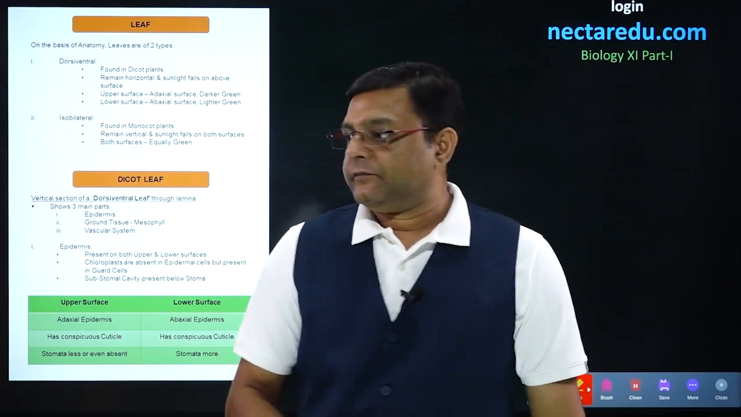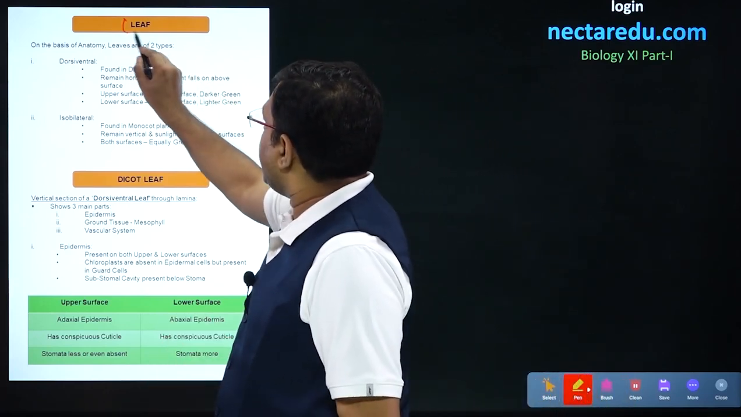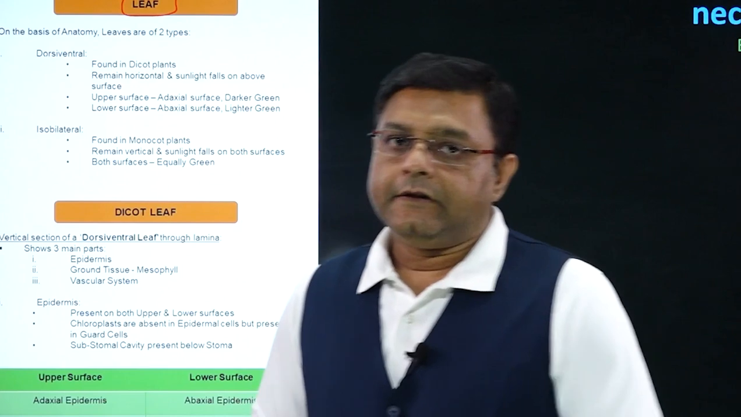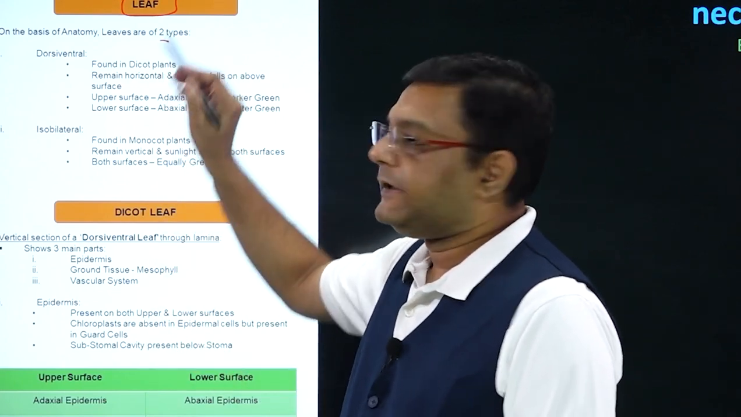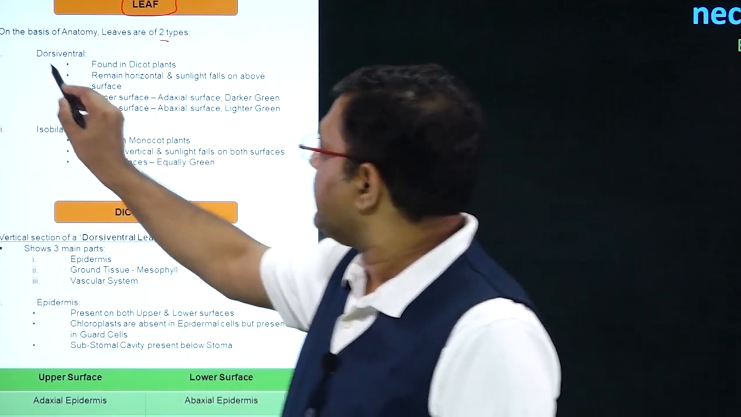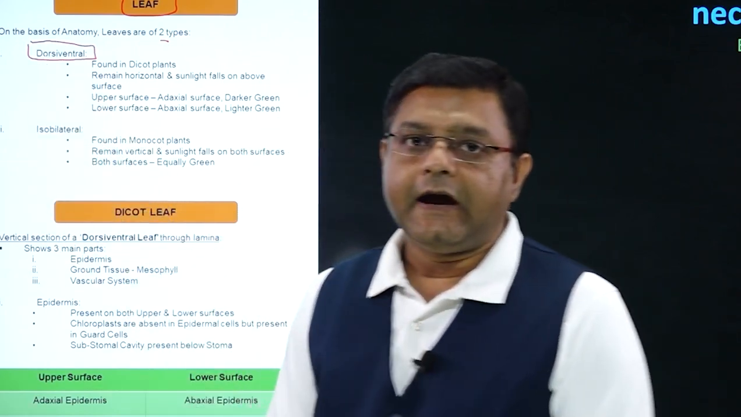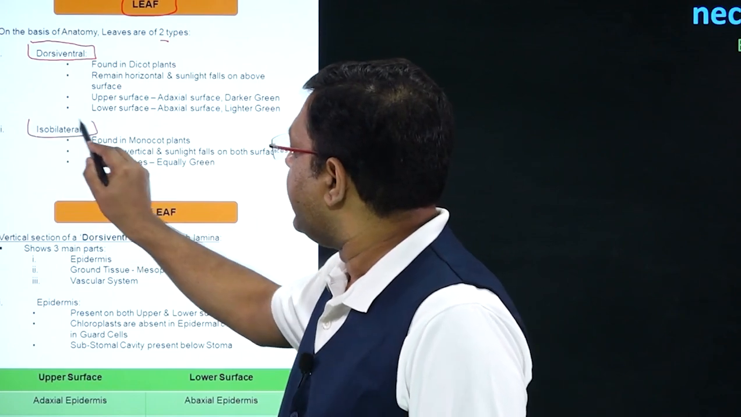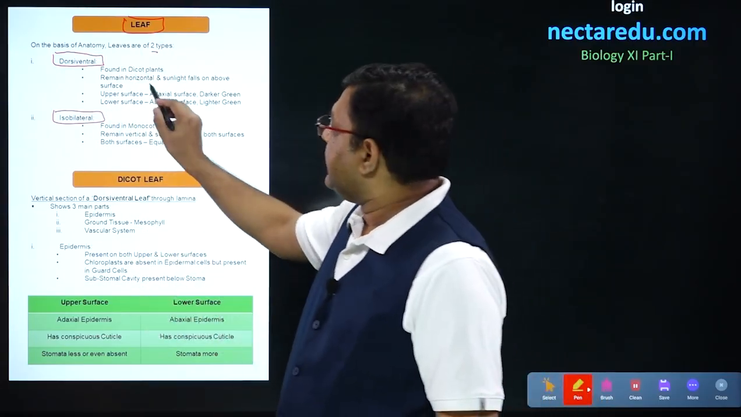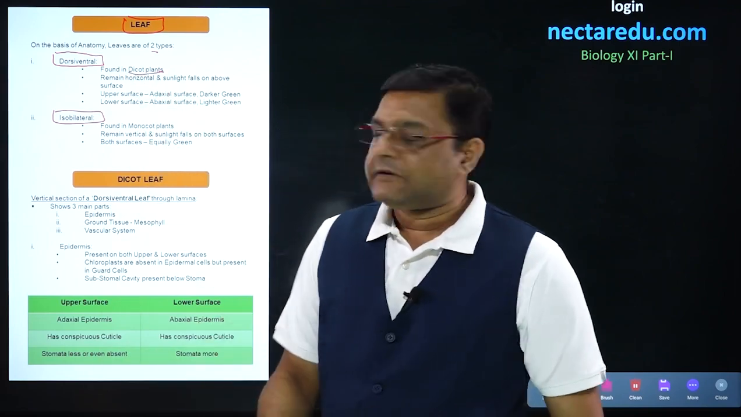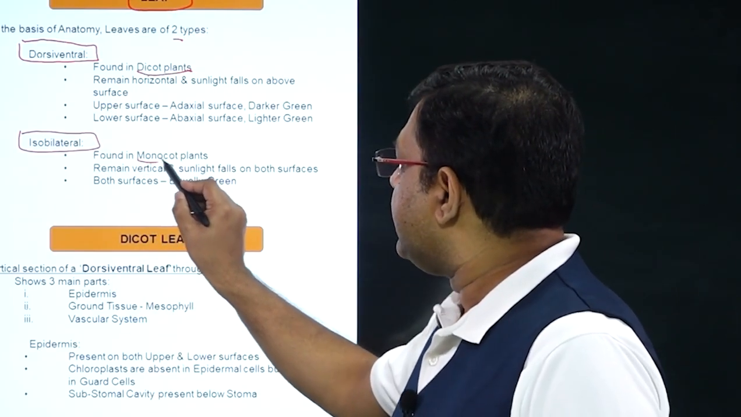In this particular video, we will look into the anatomy of leaf. Now, on the basis of anatomy, we can divide leaf into two major types. The first type is dorsiventral leaf and the second type is isobilateral leaf. If we talk about dorsiventral leaf, then it is present in dicot plants and isobilateral leaf is present in the